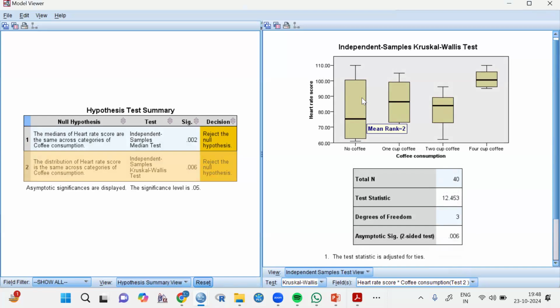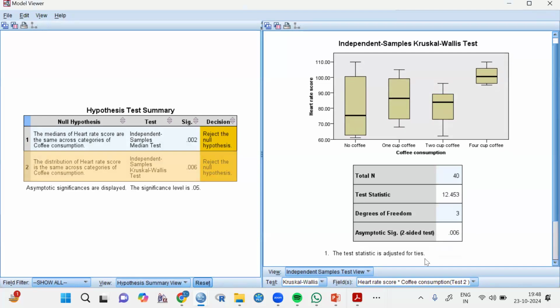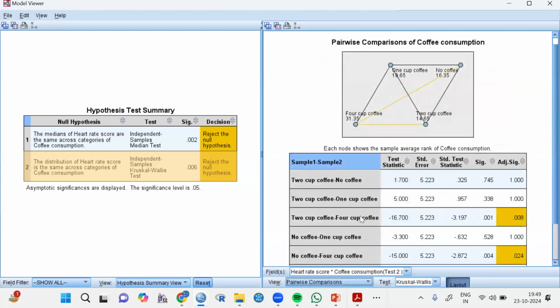When the no cup coffee, the median value, the heart rate score value is, it is not visible here. So you can take the pairwise comparison. Here it is written independent sample t-test. You can tick this option, pairwise comparison. So we will get many pairs, but we desire only three pairs. Pairwise comparison. Now you can see